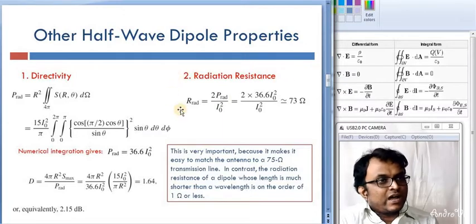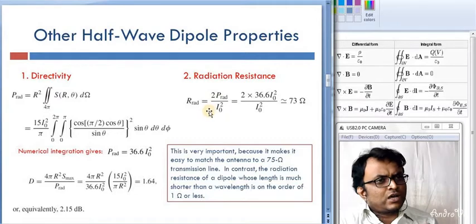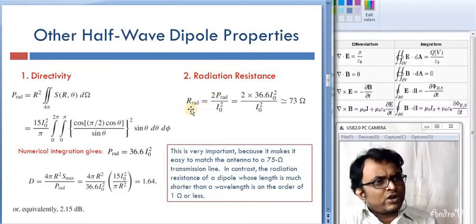The second term we also have to be interested in is called the radiation resistance. Radiation resistance comes from the average power, that is P is equal to I squared R, and the average is taken. So I can write P is equal to half of I squared R, and therefore R radiation comes as 2 times the radiated power divided by I0 squared, and it comes out to 73 ohms. So in the case of the Hertzian dipole antenna, meaning the lambda by 2 dipole antenna, the radiation resistance comes as 73 ohms.